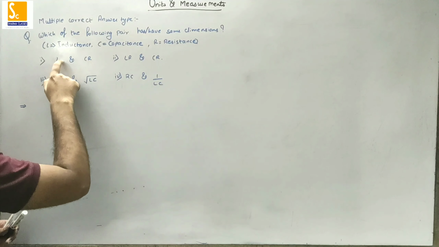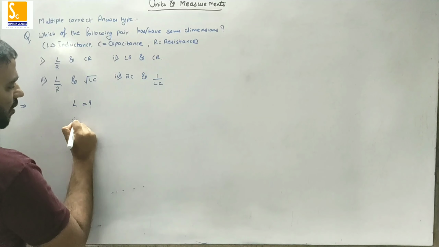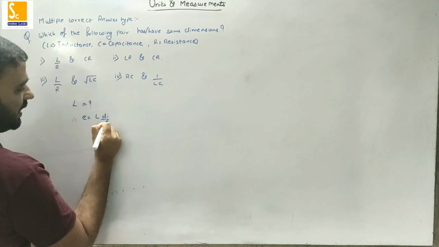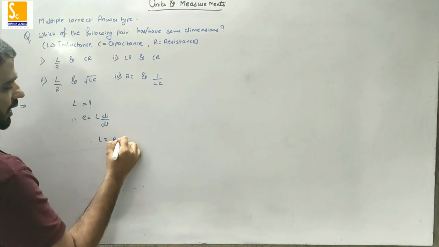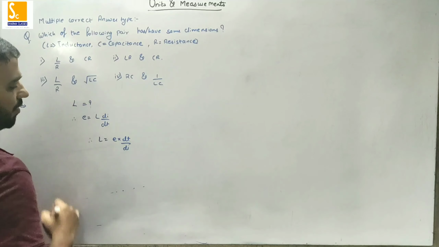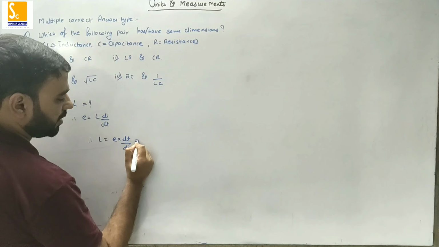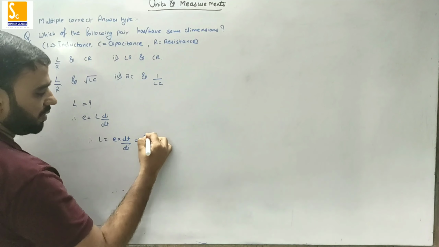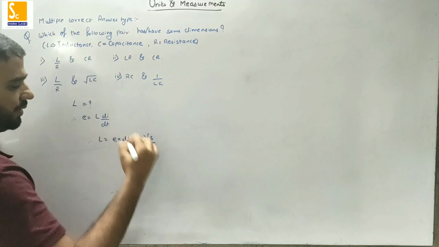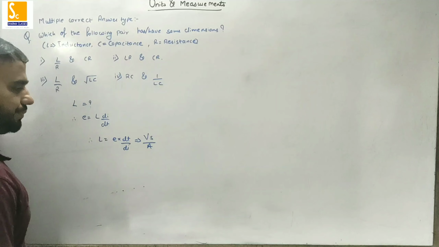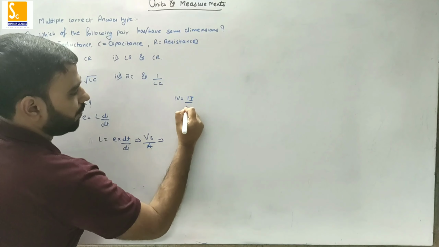Okay. सबसे पहले हम L का निकाल देते हैं. Inductance की dimensional formula क्या होगा? Okay, we know the formula for the inductance is E is equal to L di by dt. So therefore can I say L is equal to E into dt upon di. Okay, E is the EMF, dt is the time and di is the current. So SI unit of EMF is nothing but volt. SI unit of time is second. SI unit of current is ampere. Further, we know that 1 volt is nothing but 1 joule upon 1 coulomb.